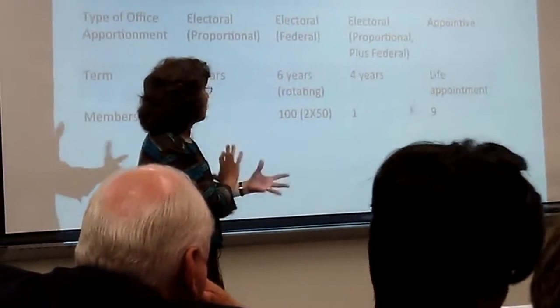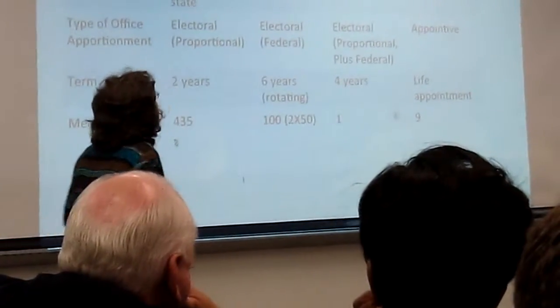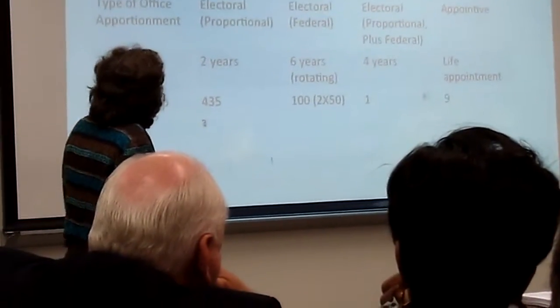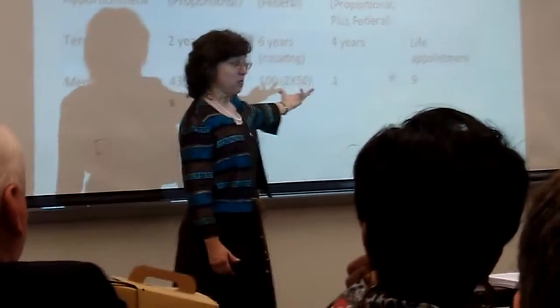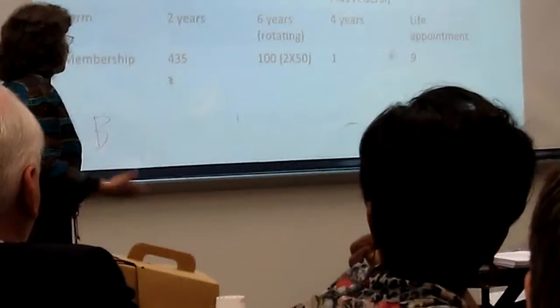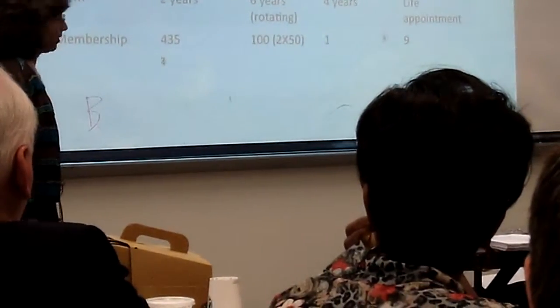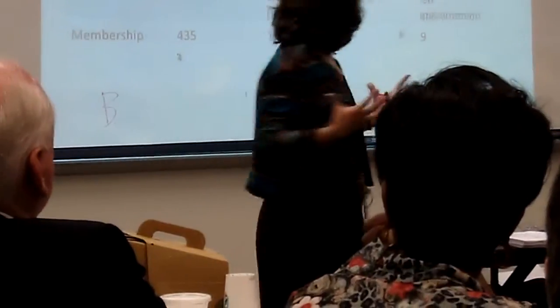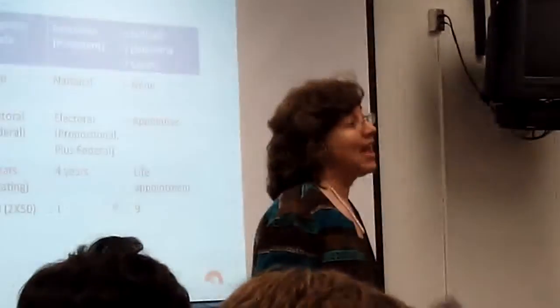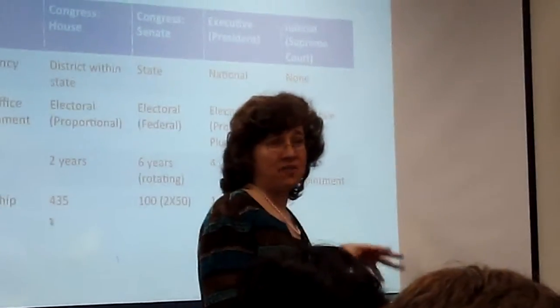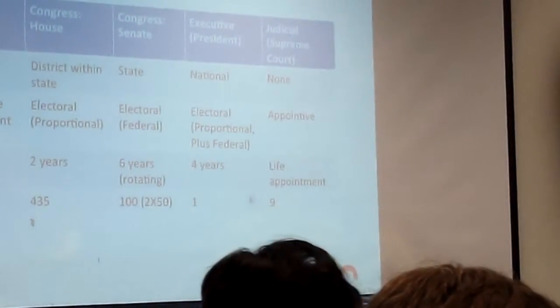And of course, the Supreme Court is somewhat isolated in the sense that they have life appointments so that they can make decisions and not have fear for their jobs. We have a large membership in the House, a smaller membership in the Senate. There's only one executive, and we, as a norm, have 9 members of the Supreme Court. So we've created this real system of government where we've divided up power pretty aggressively, and the Electoral College is a key part of this system of trying to frustrate and control the passion of factions. So as we consider our democracy, we want to consider our founders' goals, and so Kim is going to talk about the founders' goals.